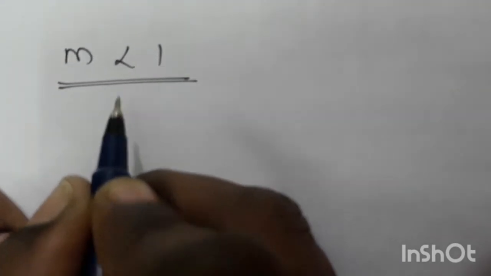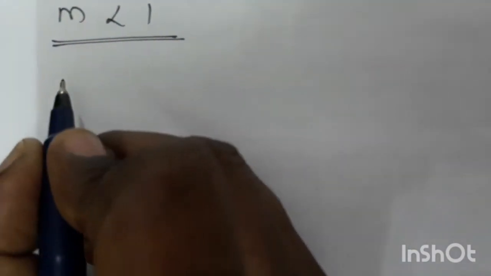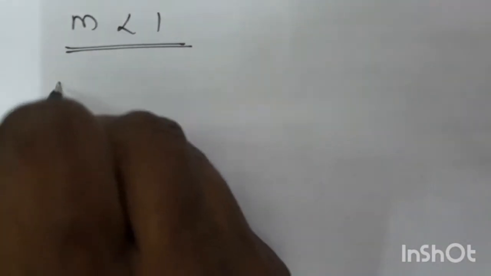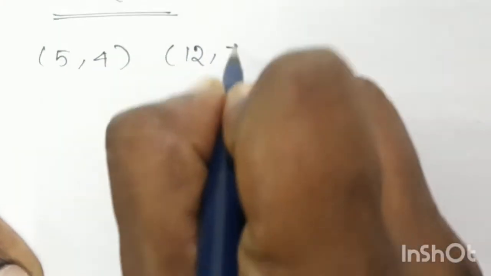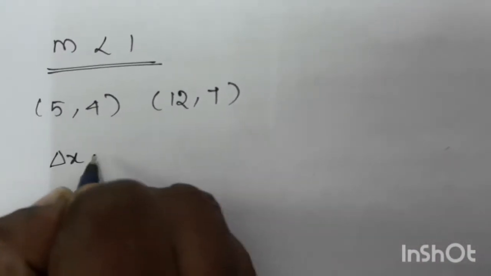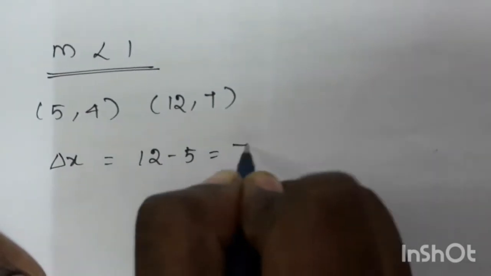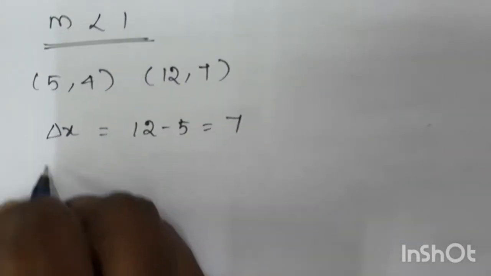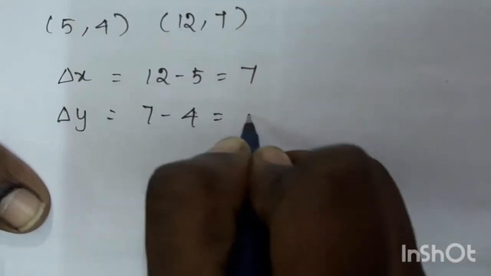Now we'll take the slope value which is less than 1. For that we'll take 5, 4 for x1, y1 and 12, 7 for x2, y2. First we'll find out the difference. Del x is 12 minus 5, which is equal to 7, and del y is 7 minus 4, which is equal to